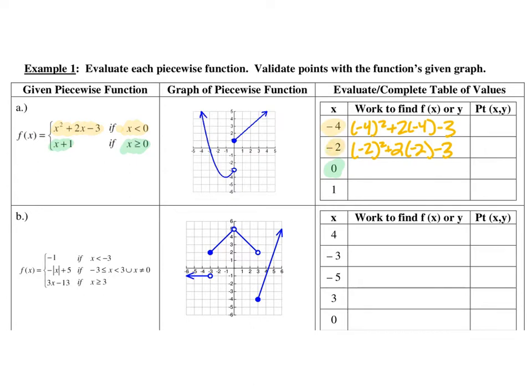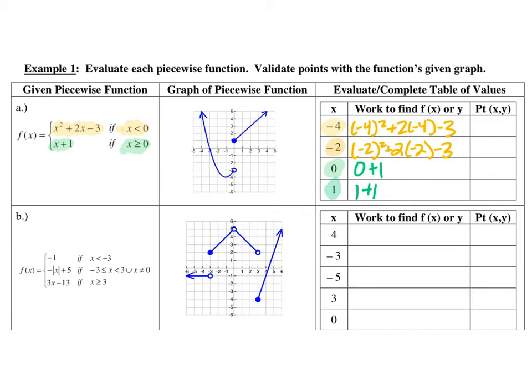So I can substitute in 0 plus 1, and then the last one, 1 is greater than 0, so that goes into the bottom function as well. 1 plus 1. So here I've just substituted my x values into each appropriate subfunction, and now I need to